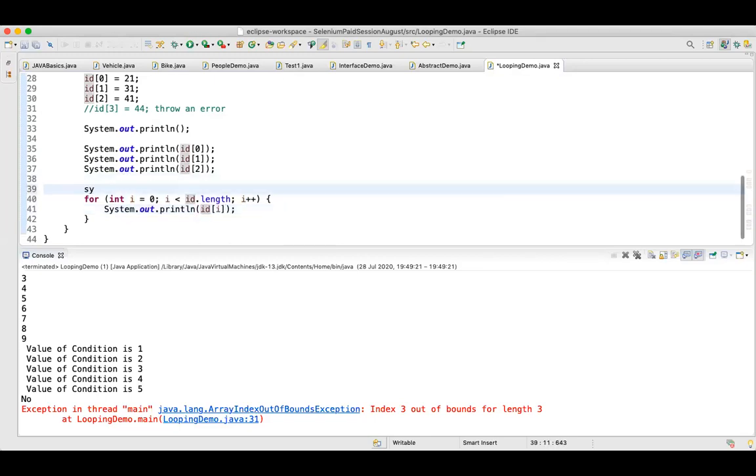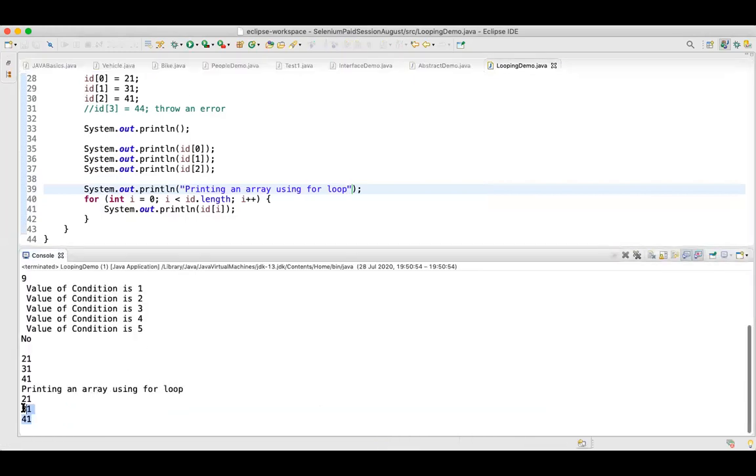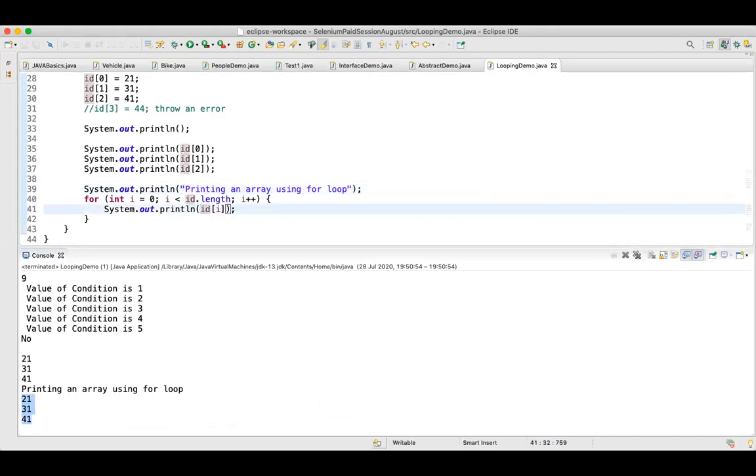So I'll print a message: printing an array using for loop. Okay, and now when I run this, can you see it's printing an array using for loop? I am able to execute all the statements, right? So instead of hard coding ID of 0, I am using a for loop.